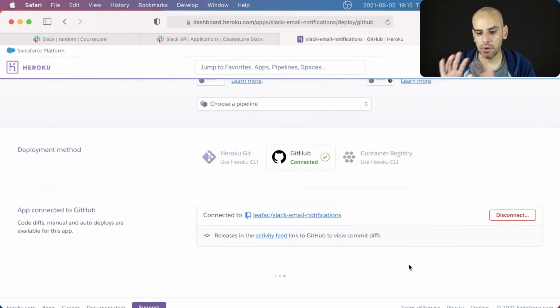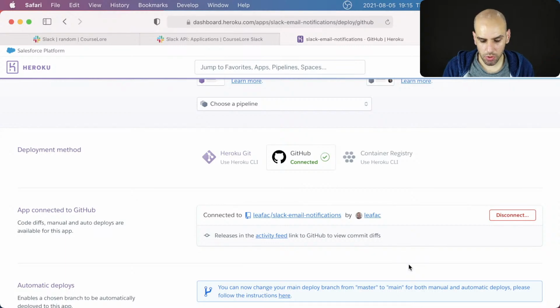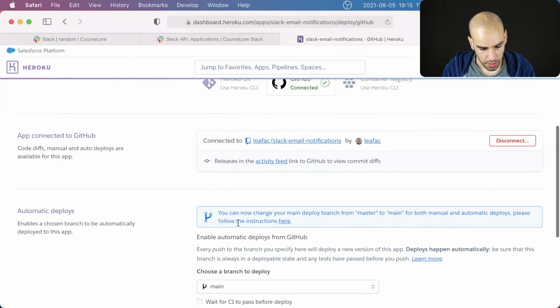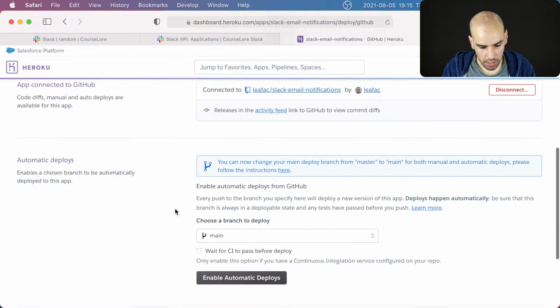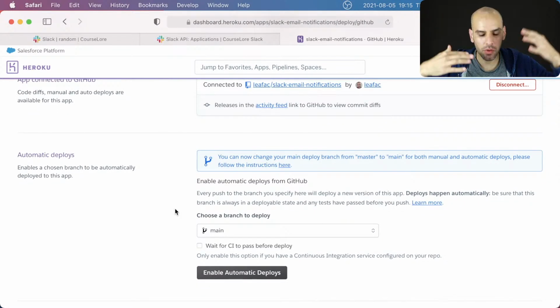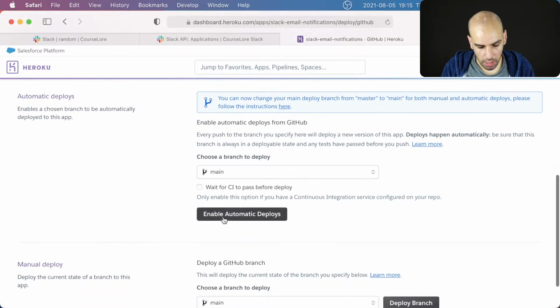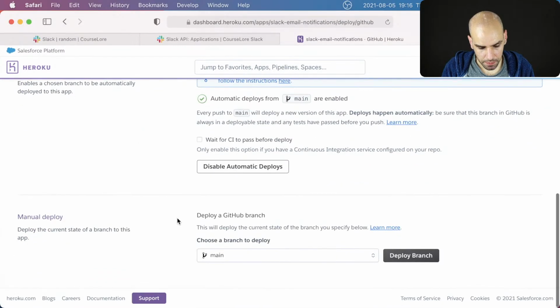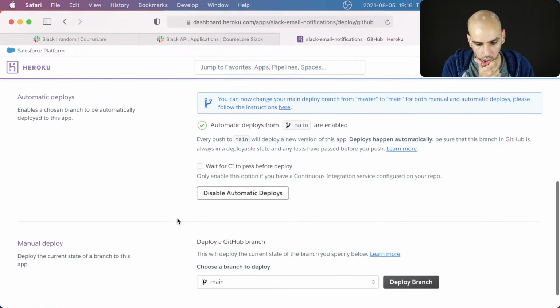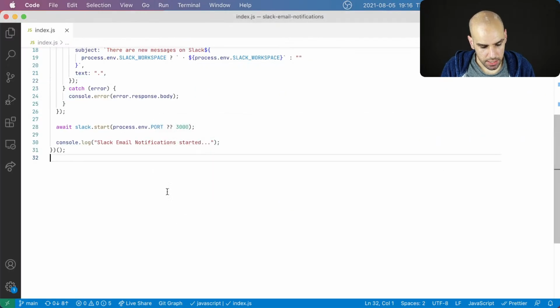So now anytime I push to GitHub, Heroku will get the news and it will deploy a new version. At least now the repository and Heroku are connected. I can enable this thing I just mentioned. So anytime I push to the main, I will automatically deploy. Now that we have all this set up, I should be able to push and it will deploy to Heroku.